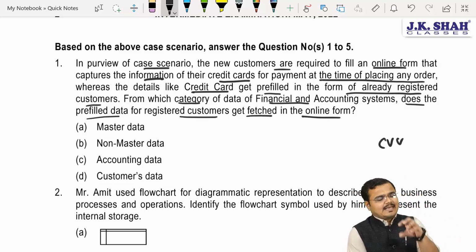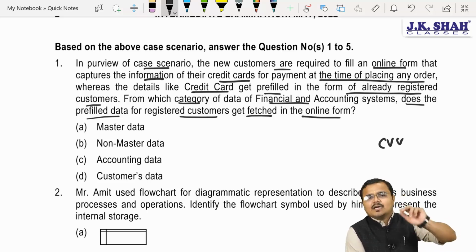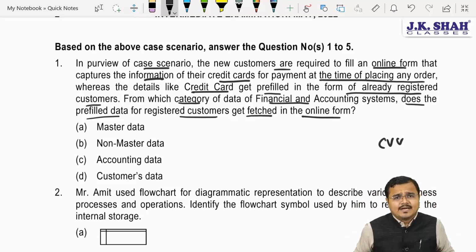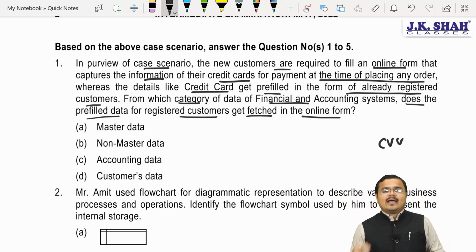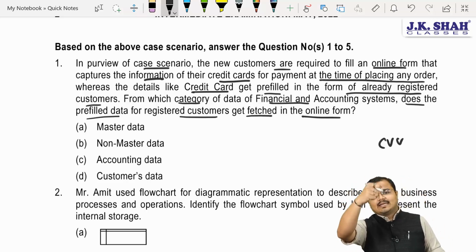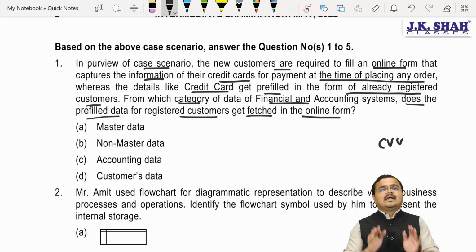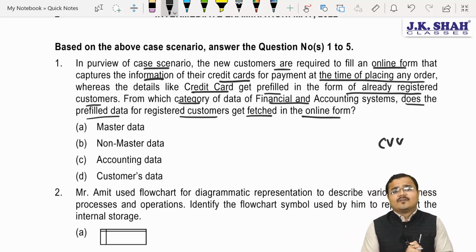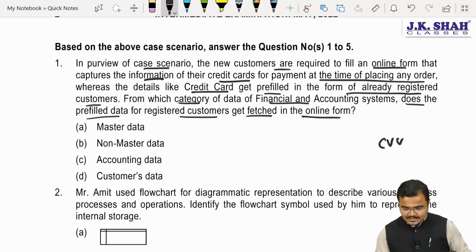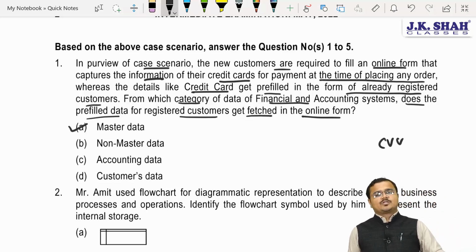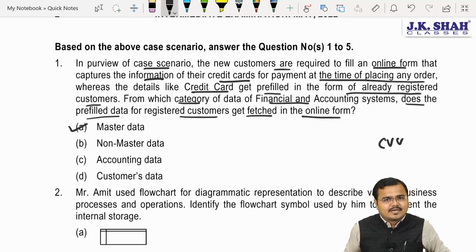Now it's very simple, like suppose, for example, Mr. A is there who had already purchased something earlier from them and made the payment through credit card. So they had already created what? So customer database. Now whenever he logs in again and places the order for the next time, automatically that credit card details appear in front of the screen. So obviously this entire credit card details have been maintained under which format? Sir, master data. Correct. Why is it master data? Because sir, master data is permanent data, not expected to change again and again. It is relatively permanent. Agree? Yes sir.